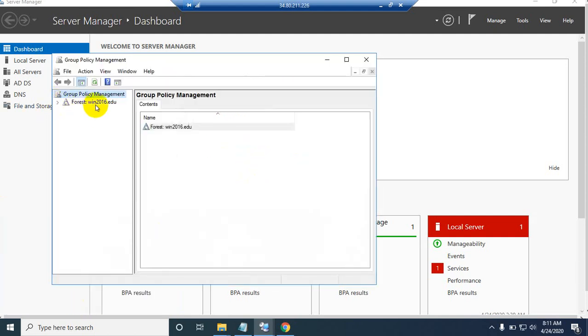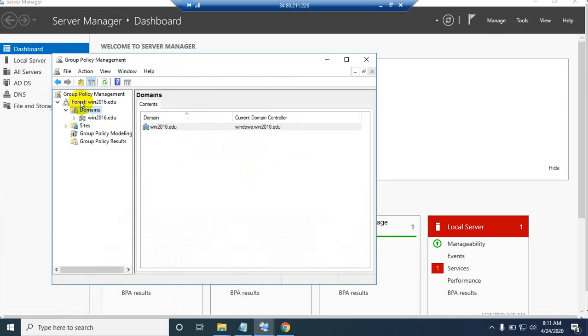Alright, so here you see the forest is win2016.edu. This is your forest name. And what is your domain name? The same. What is the forest name? Primarily it's the same for your domain controller or the domain name. Your domain name is